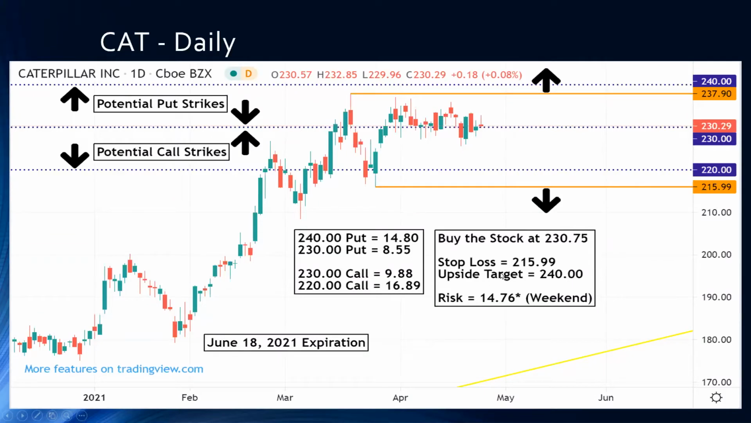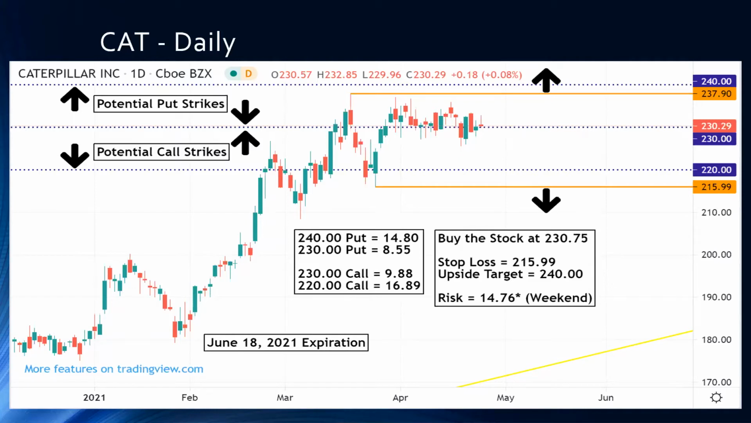And here's the other thing too, think about this. For these parameters that we're using for these strike prices, like we're using this 215 as our downside target if you're a bear, and we're looking at this 240 target if you are a bull, your risk for the stock is $14.76 per share. So basically that would be, what is it, $1,400 just on the stock alone, which, remember, you have weekend risk,